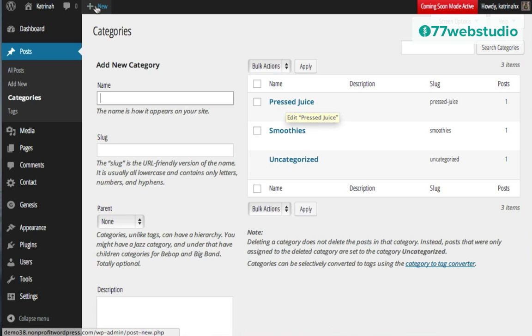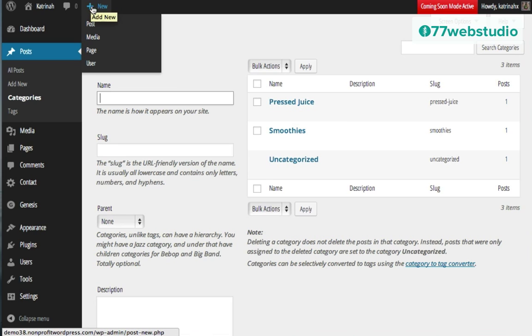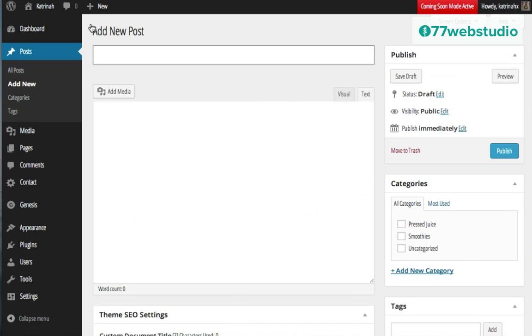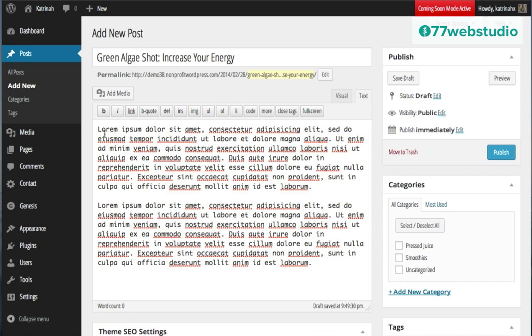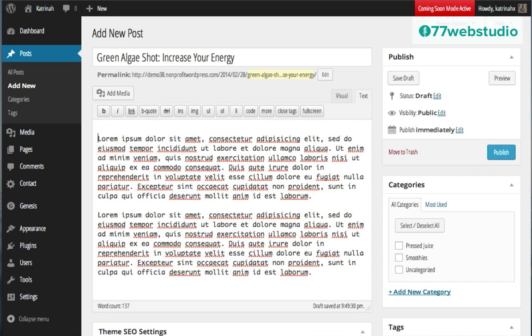So I'm going to go back up to my toolbar here, hover over plus new, and create another blog post with my third category. Here on my new blog post, I'm going to give my new post a title, so I'll just post in a title right there. I'm going to go a little bit faster since we've already gone over this in the previous examples. Next, here in the white content box, I'm going to paste in some content. So there I have my text content right there, and I'm also going to add an image.